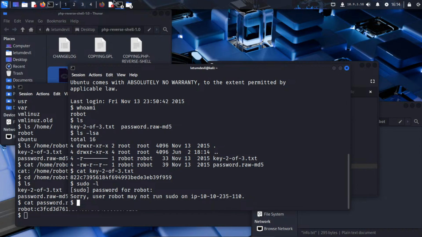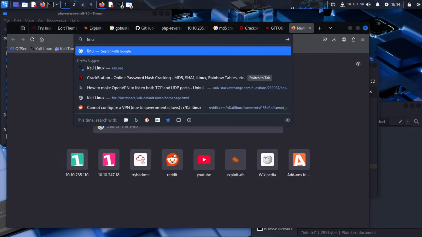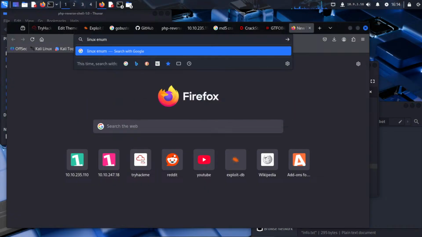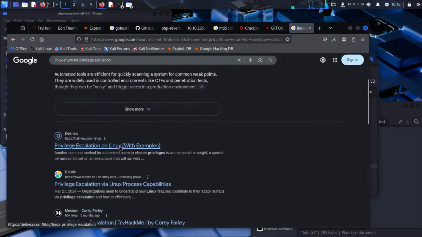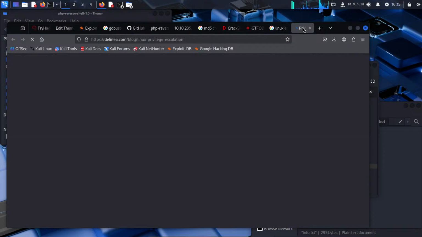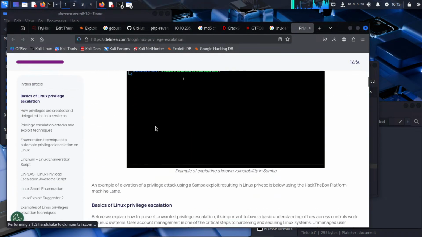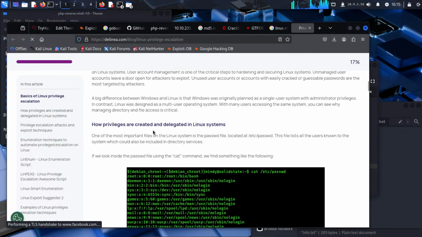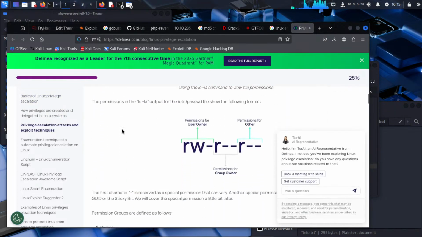We have a tool called LinEnum, the tool we use to check the system for anything related. Where is it? It used to be called